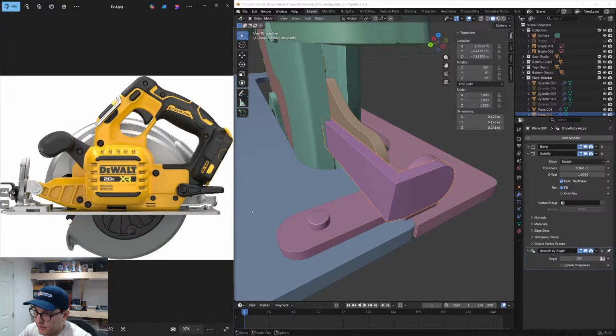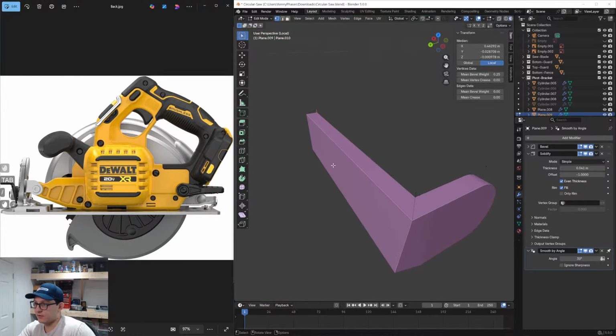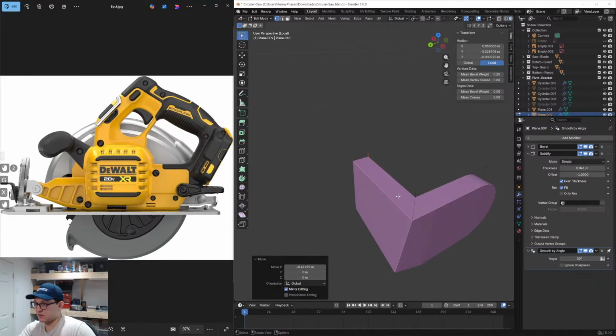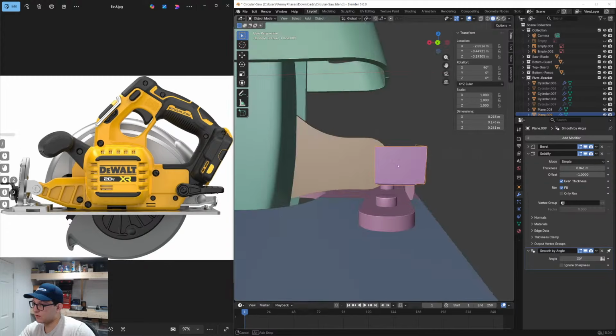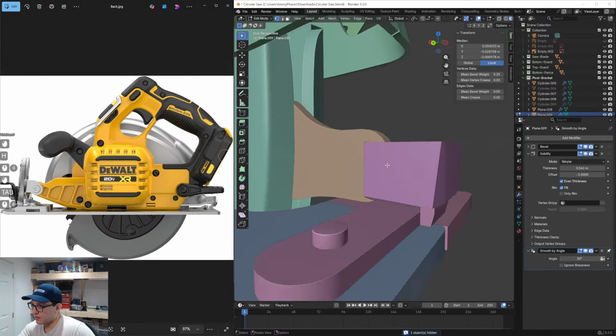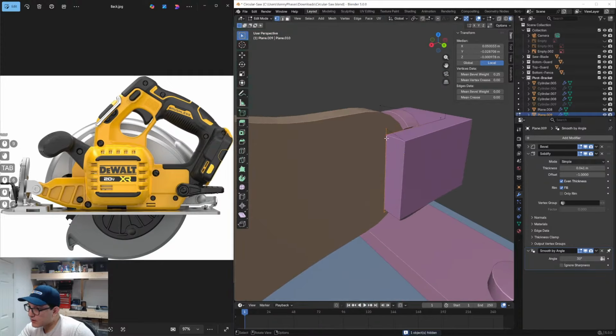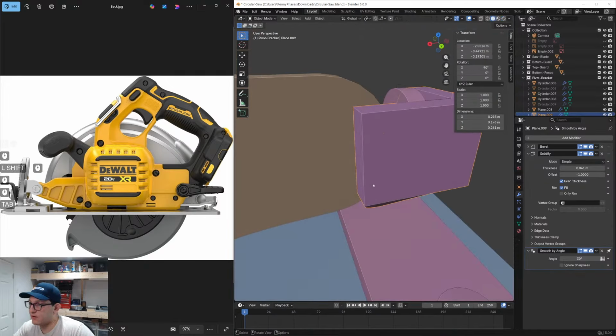Okay, so it looks like this side's gonna look like this. So we gotta take all this, GX. All right, and then we gotta go here. Hide this real quick. Go into edit mode, get rid of this extra edge here, because why in the world did I have that? I don't know. Okay, perfect. All right, so now what I need to do is go to my bevel,